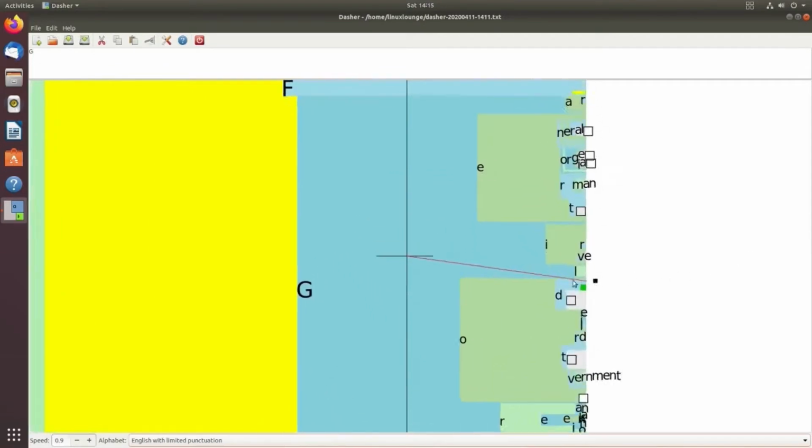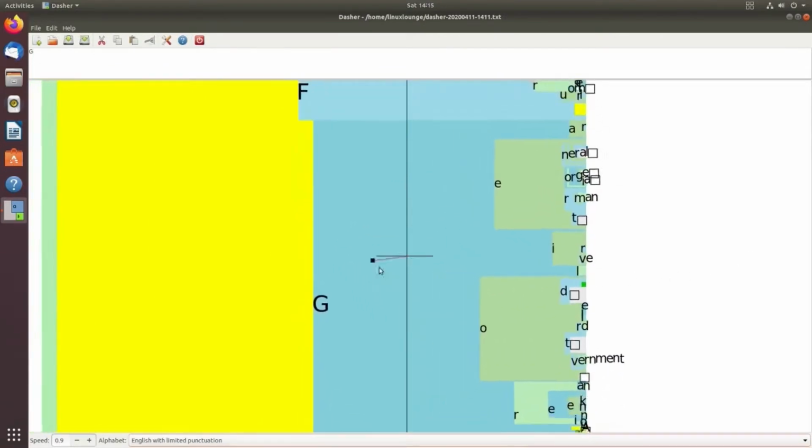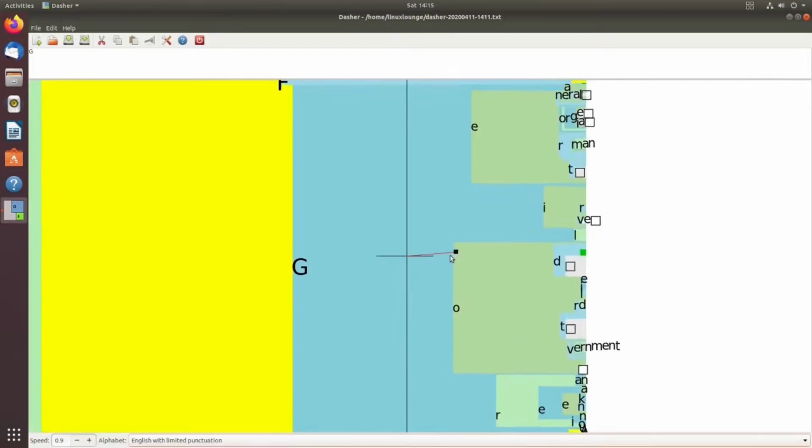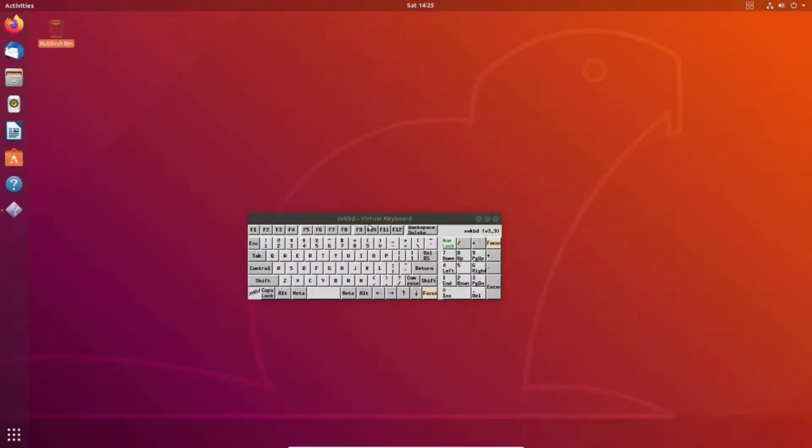But with that said, I think this is probably going to be one of the more interesting keyboards we look at today, but let's move on to the next one. And for the last keyboard we're going to be looking at today in this episode of LibreQuest, I'm going to say this is probably my favourite minimalist keyboard. Onboard was my favourite keyboard overall, but this is for if you want something that doesn't clog up too much space and is very simple, and that is